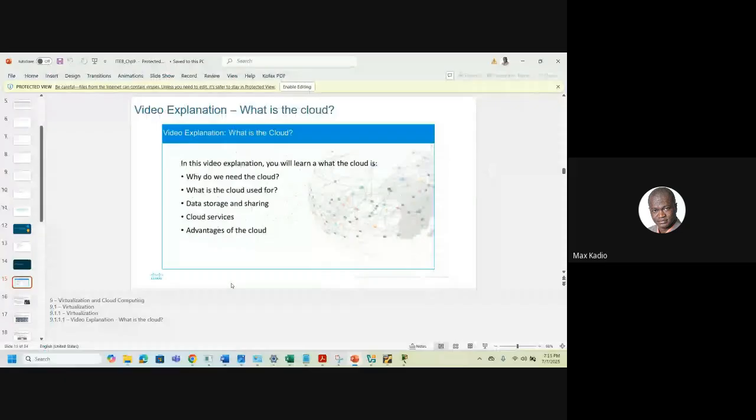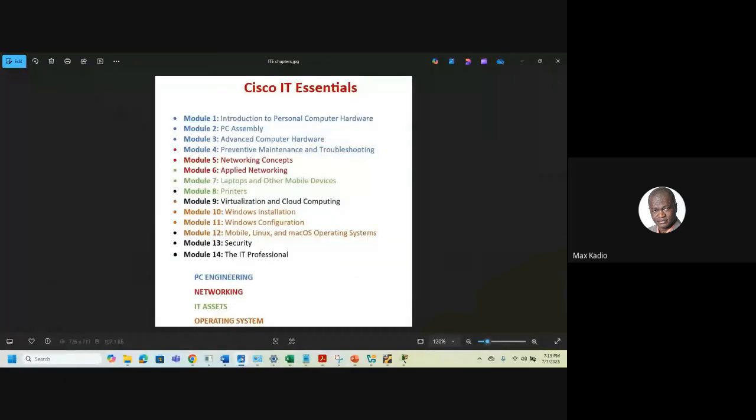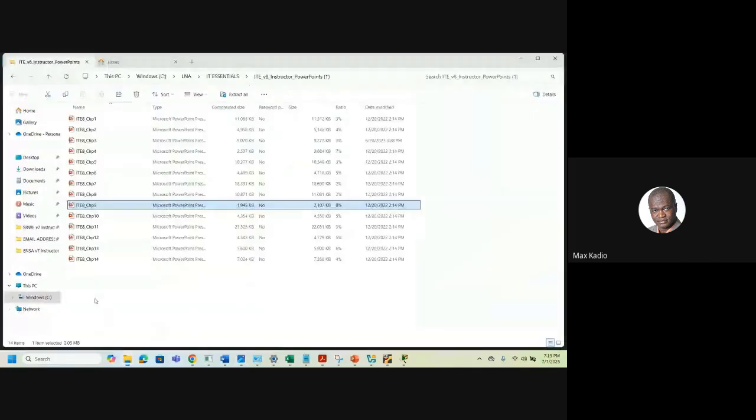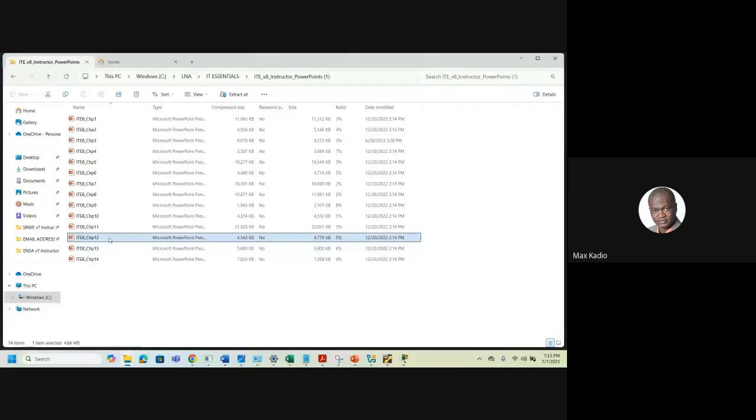Okay, we can continue, no problem. You can study. So we are done with chapter 9, virtualization and cloud computing. So chapter 12 is also about operating systems. It is software that will allow me to use my PC, my software, my printers, to operate properly. A software will let me do that. I think we did a bit, but let's do a quick revision of chapter 12.